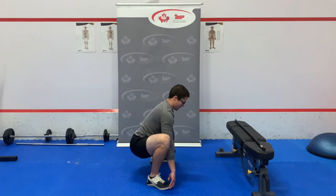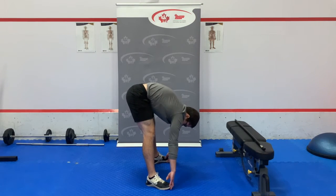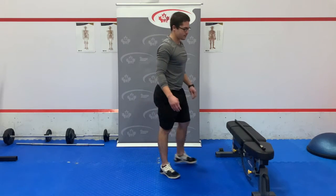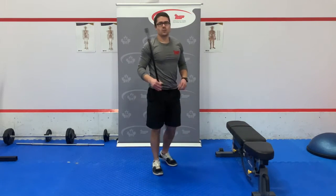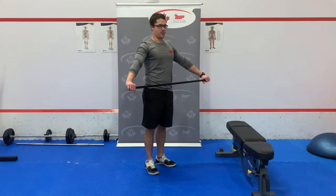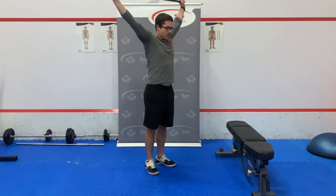So you're really trying to open that chest up, create that length through the spine. And push back up, let that top position stretch, tuck your chin out for a sec. And stand back up. And then relax lower body, full body drill really, our sauce press. So again, grab your dowel or whatever option you're using, hockey stick, band or towel,